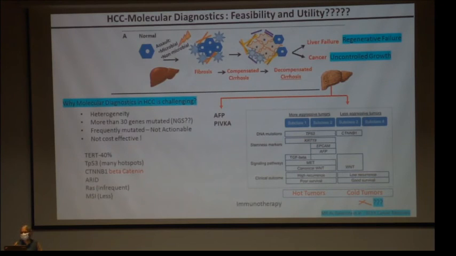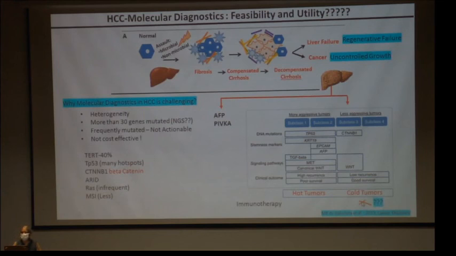These are hot tumors. And what has been seen is that the hot tumors are the ones where the P53 is mutated. But if I say that I'm going to do a P53, there are 19-20 exons. Which exon are we going to do, and is it really cost effective or not? But what is easy to do is the beta-catenin. And it has been shown that the beta-catenin ones are the cold tumors or immune deserts. So that means these are the ones that, most probably, if they go for immune therapy, may not respond.